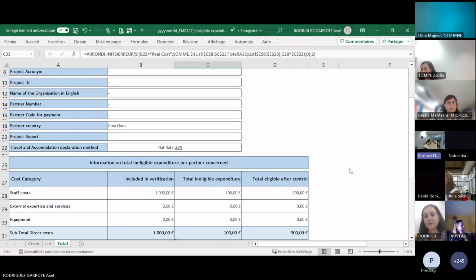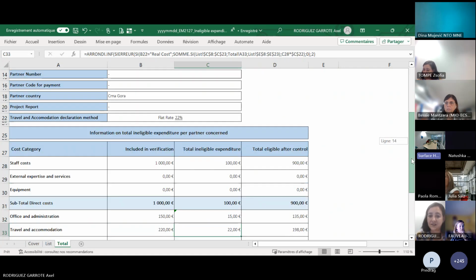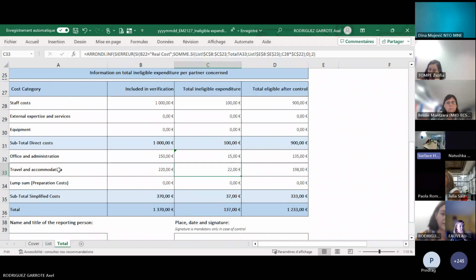So I choose the staff costs, 100 euros staff cost ineligible. And in this case, the Excel calculates automatically the 15% office administration corresponding to the staff cost, and the 22 euros travel and accommodation, and in total we will deduct 137 euros.